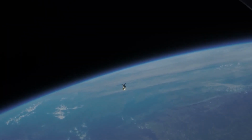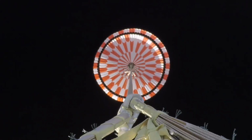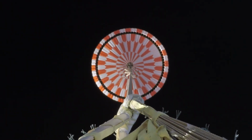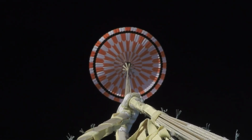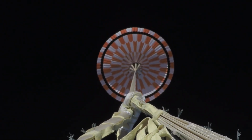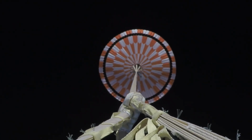The third and final ASPIRE test launched on September 7th. The parachute was deployed at nearly twice the speed of sound. In less than half a second, 200 pounds of nylon, Kevlar, and Technora go from a small drum-sized bag with the density of wood to an inflated parachute with the volume of a large house, generating nearly 70,000 pounds of drag. In slow-motion images, you can see the rapid emergence of the parachute as it begins generating the drag crucial